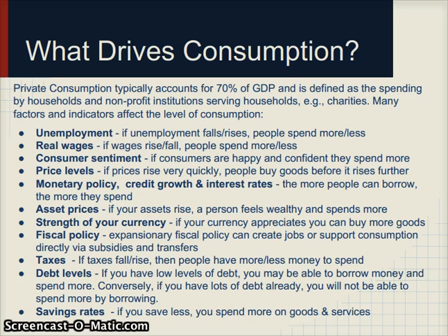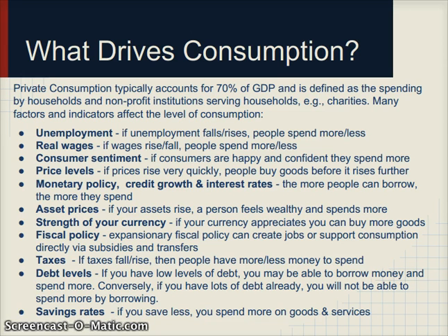So typically, I would say price levels are important for asset prices. If prices are rising very quickly, then people may buy goods before they rise further. This is more related to, let's say, inflationary environments. So let's say during communism, for example, or bouts of hyperinflation in Latin America, let's say in the 80s, as soon as you would get paid, prices were rising very quickly. You go to the grocery shop, buy as much produce as you could, because in 2 days' time, the prices would have doubled.